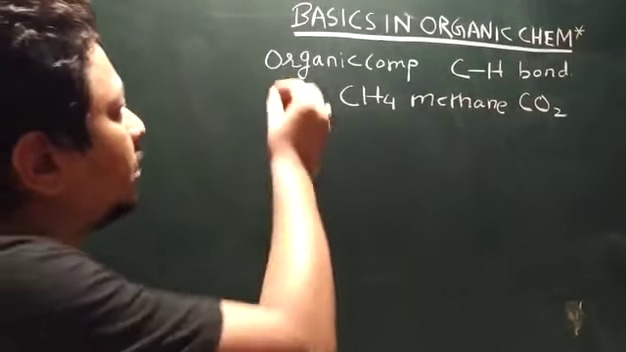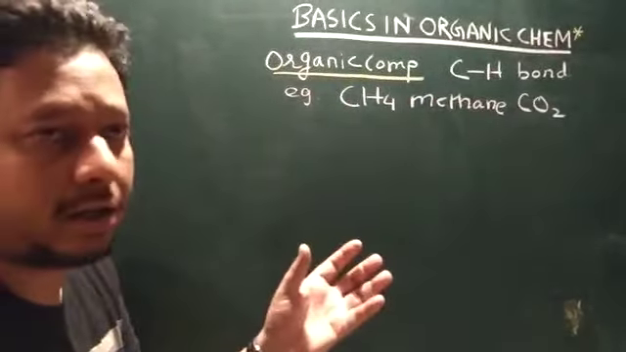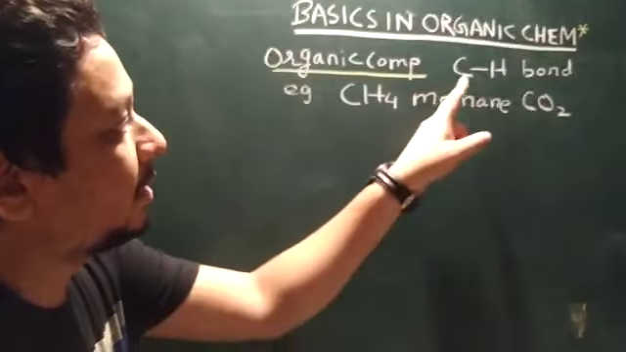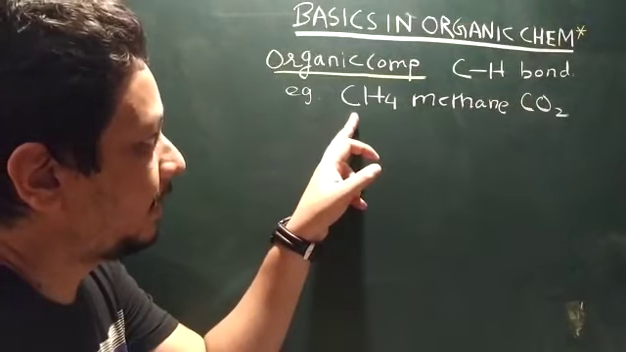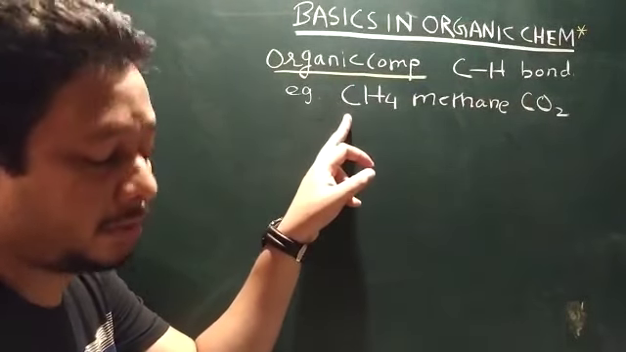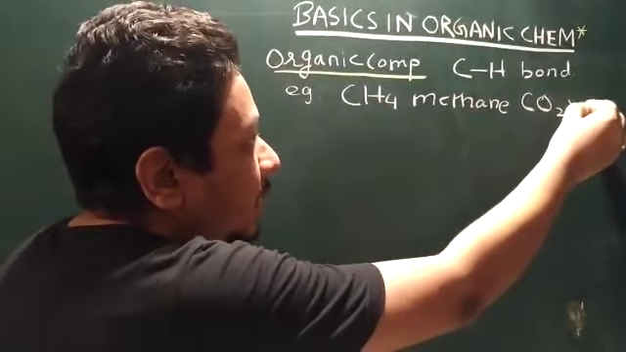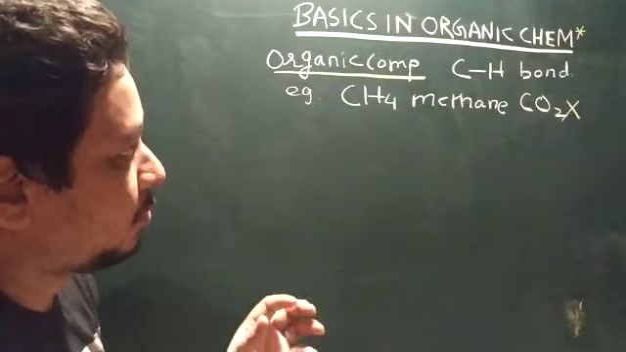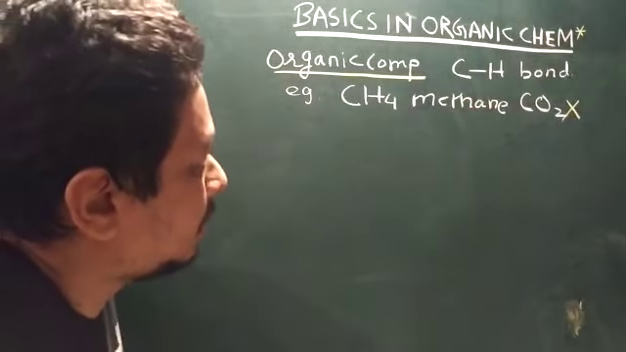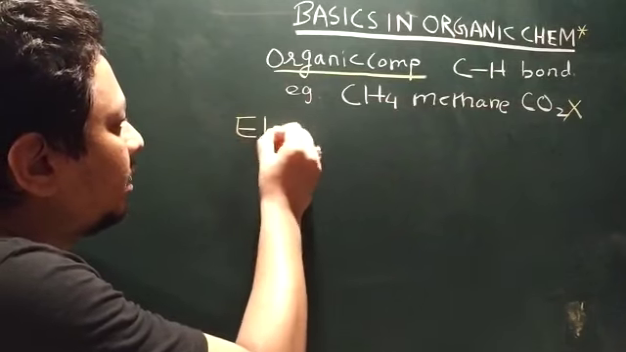Basics in organic chemistry: we must know what organic compounds are. Any organic compound is a chemical compound containing a carbon-hydrogen bond. Methane is an organic compound because it possesses a carbon-hydrogen bond, but carbon dioxide is not an organic compound. So after knowing this, the first thing is you must understand what electrophiles are,